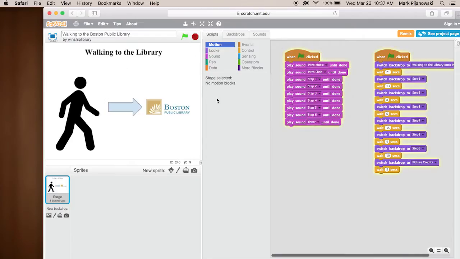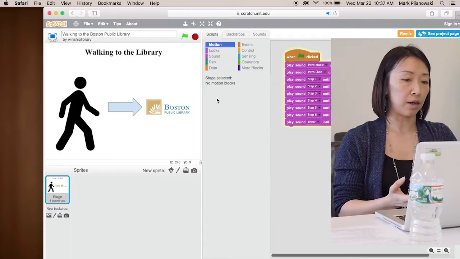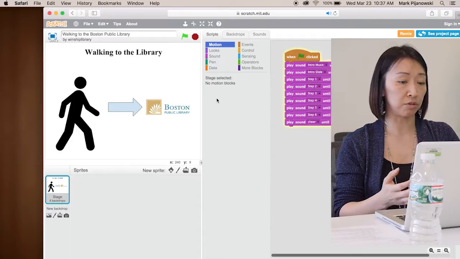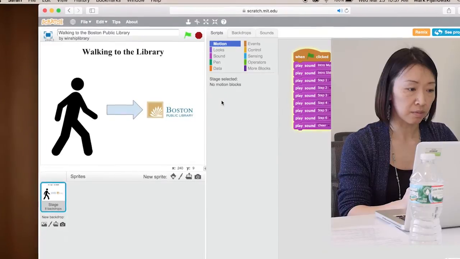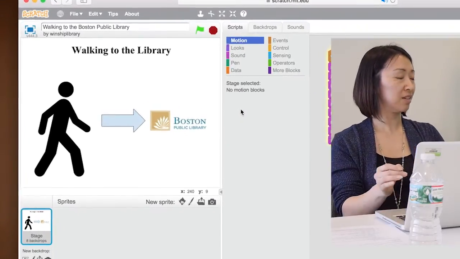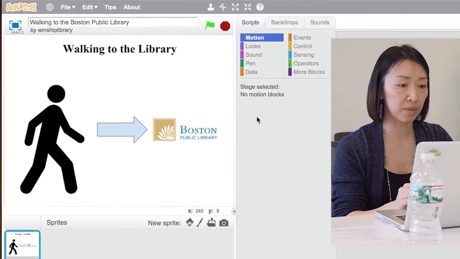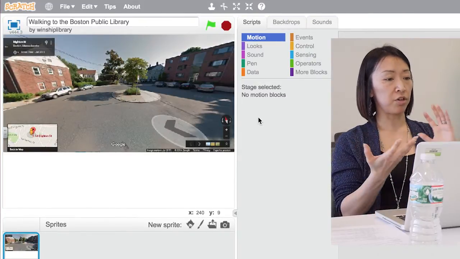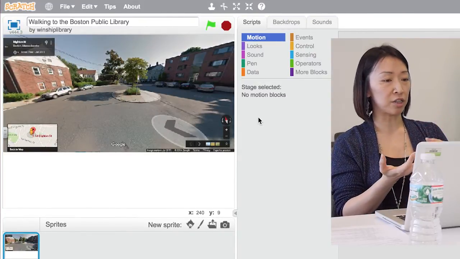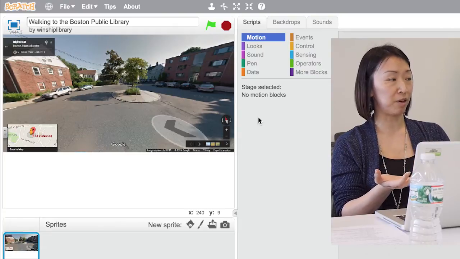So the couple of projects I did want to share, the first one that was submitted, is by, I believe, Errol Knoll at the Winship. It's a project about walking to the public library. And the reason why I wanted to share this, I thought it was a really cool project, was that it integrated Google Maps and Google Street View. And I think there's sound going on. So it integrates Street View, and it talks about how to get from the school to the public library,